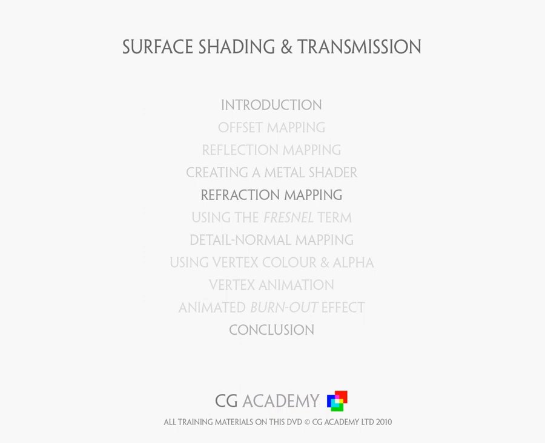Chapter 4 will cover the topic of refraction, or how light is bent as it passes through transparent objects. And in Chapter 5, we'll go over a math formula called a Fresnel term, and we'll use the Fresnel term to combine reflection and refraction that we covered in Chapters 3 and 4 into effects like transparent surfaces like glass